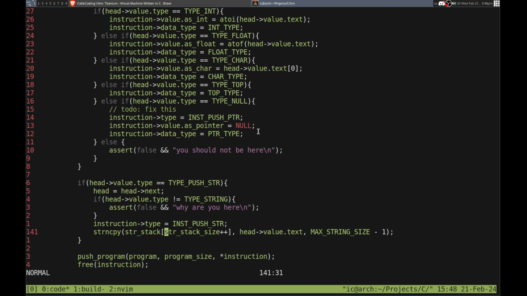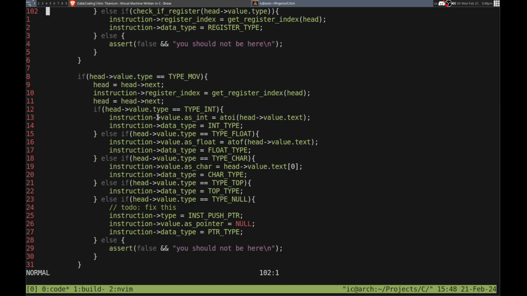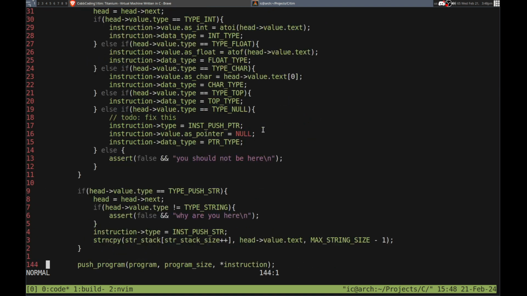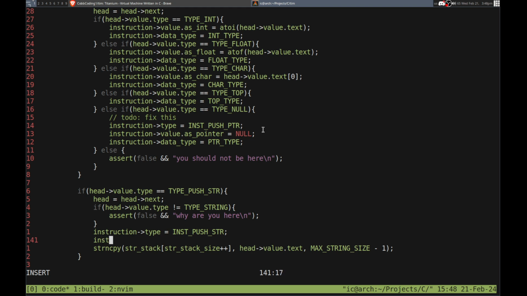Let me see. Instruction value. So how do we set these? Yeah, so we're gonna need to set the instruction value, I suppose. Just to an index, right? Instruction value dot as int equals